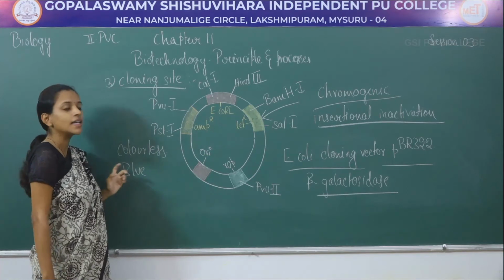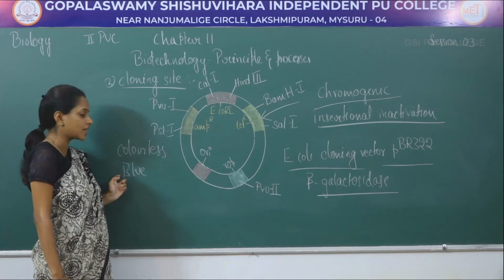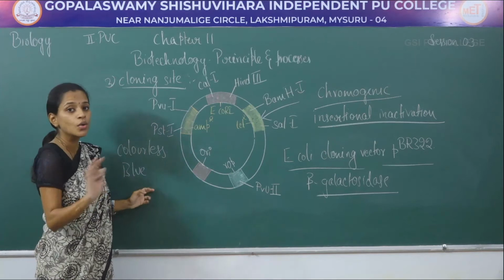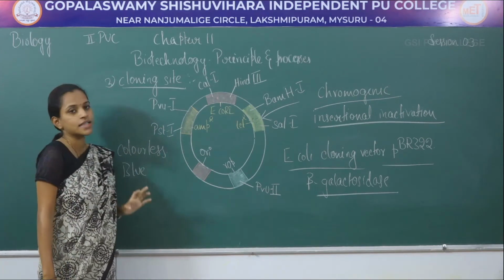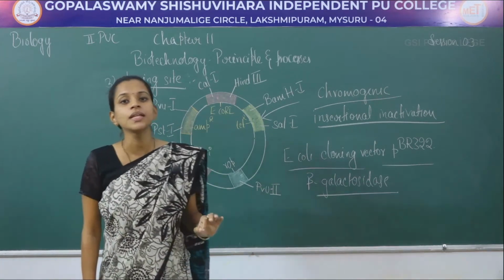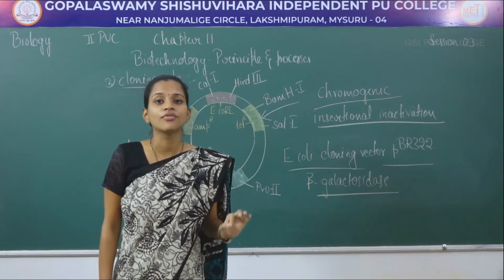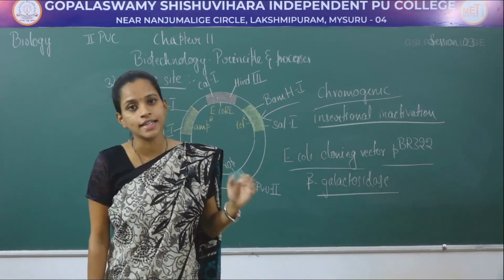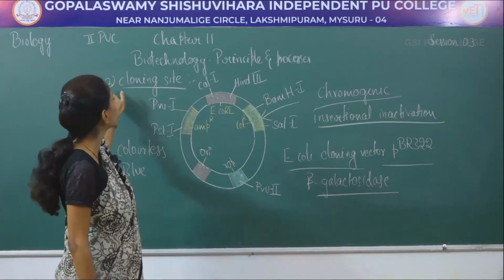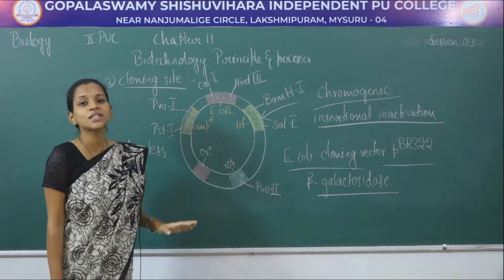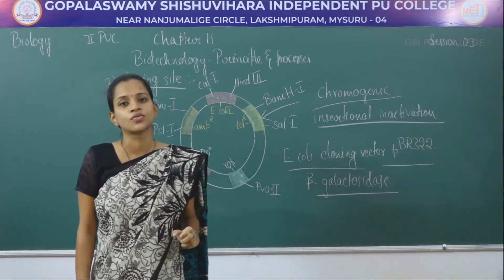That in a plasmid, it means that wherever the color is blue, there is no transformation, and wherever it is colorless, it means that there has been introduction of a foreign or alien DNA. So that's about the cloning site, and the last feature will be the vectors used for this.